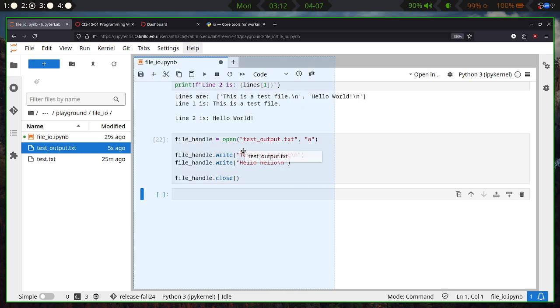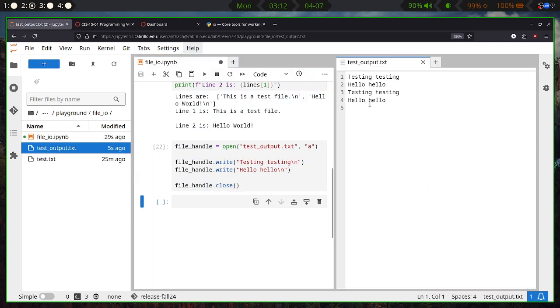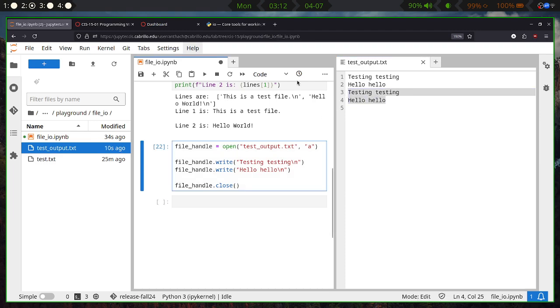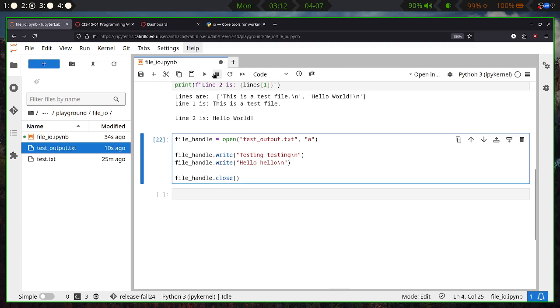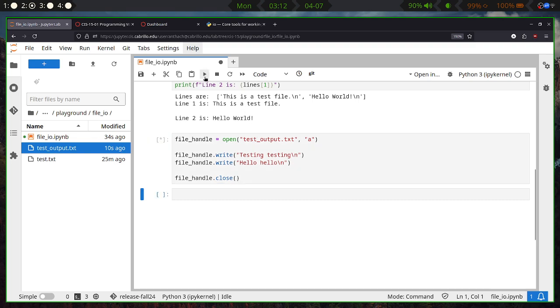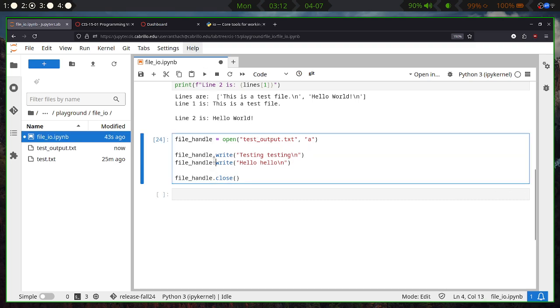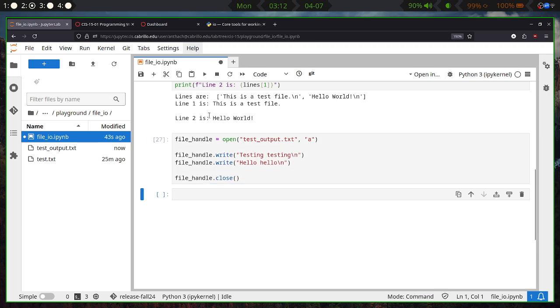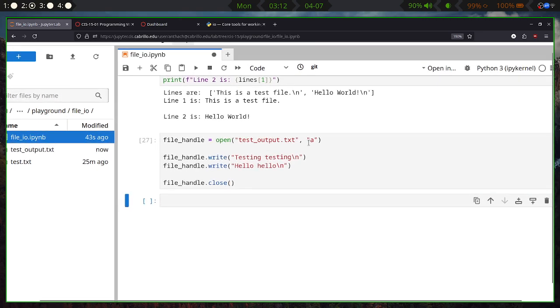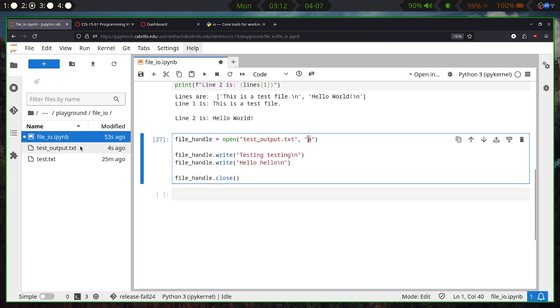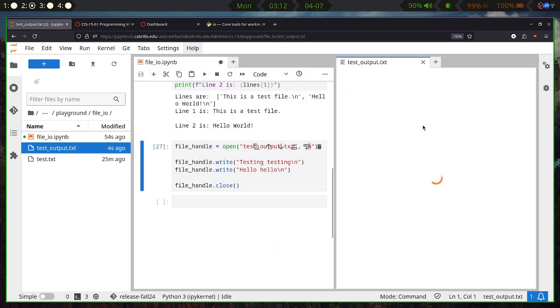Test output. There we go. You see how it appended? So if I run this again, let me run it like 5 times. Press play again, press play. I'm just spamming it. Okay, so we just opened it up in append mode every time, meaning that it's going to add to the